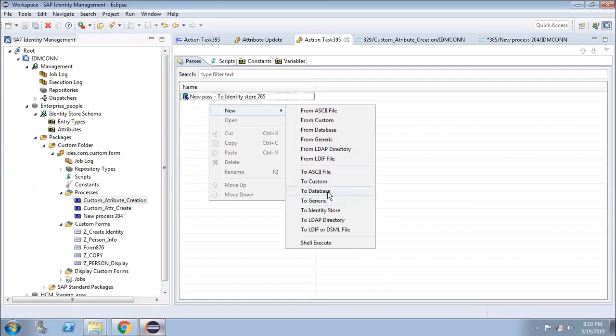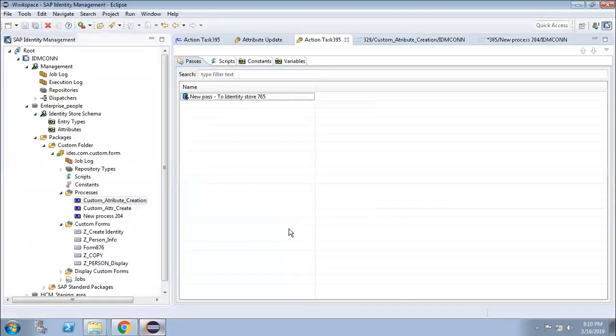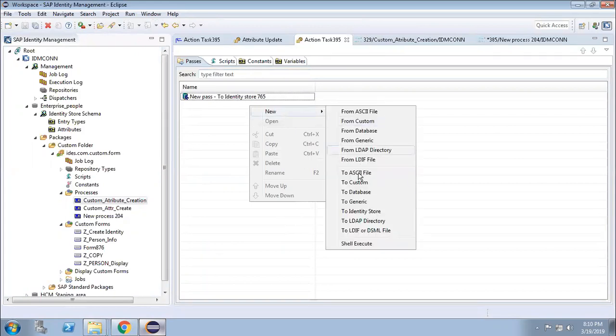And to identity store is if I am updating something from SAP to IDM, that will be the to identity store pass.